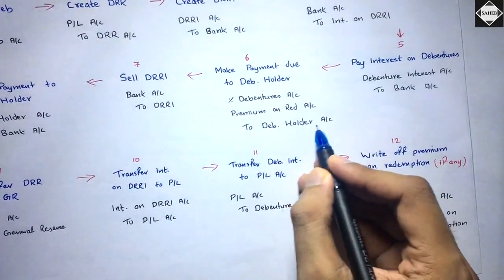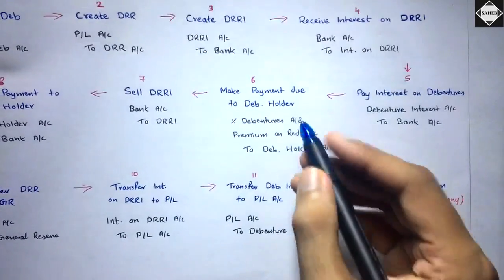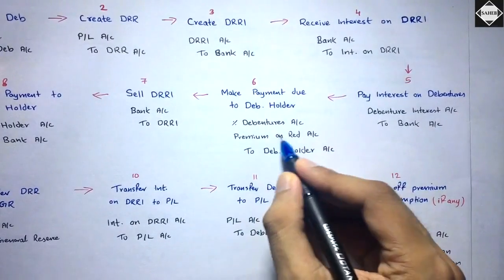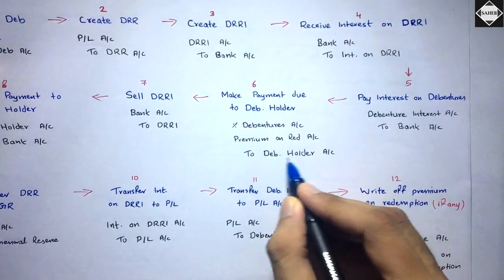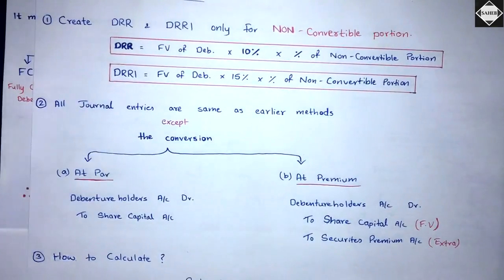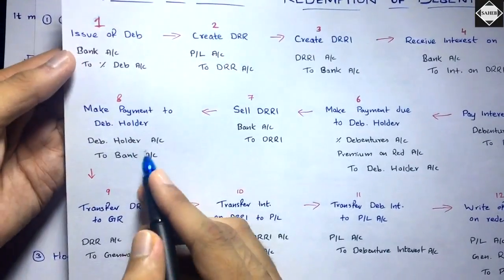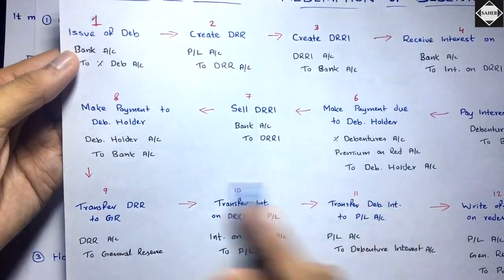Debenture holder liability will be created. Yeah, you all know that, isn't it? Liability cancelled and loss recorded. If there is a premium, that loss you have to record. And then here the personal liability of the debenture holder is recorded. Yeah, and then what do you do? The payment. When you pay in cash, you cancel that personal liability of the debenture holder, isn't it? Yeah, that's what you do. But then